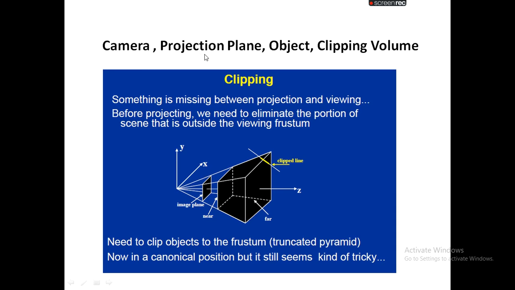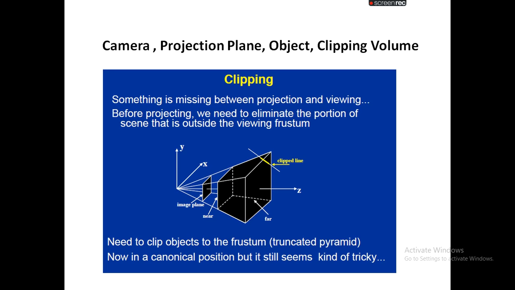After the projection plane, assume that our object is there in the world coordinate system. Assume that the object is our line segment here. Please see that one line segment is there. Assume this line segment is the object. So I specified the third component, called the object. Next, I need to define clipping windows so that whenever part of the object is present inside the clipping window, only that part of the object description is translated to the projection plane.